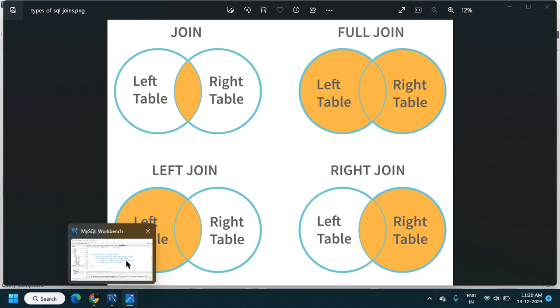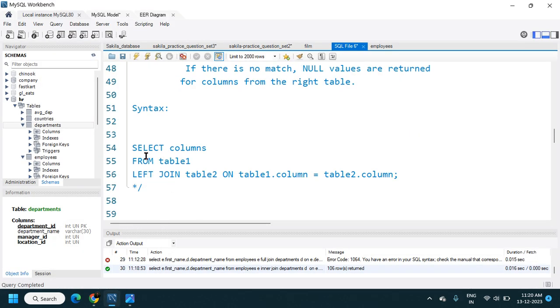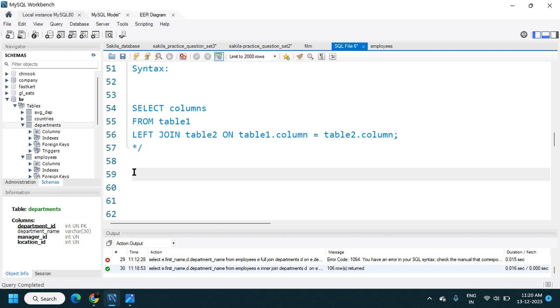Let's see this by example. The syntax is: select columns from table 1, and instead of inner join, we will use left join over here, then table 2, on which column we are combining those tables. I will use the same two tables. Select first name and department name from